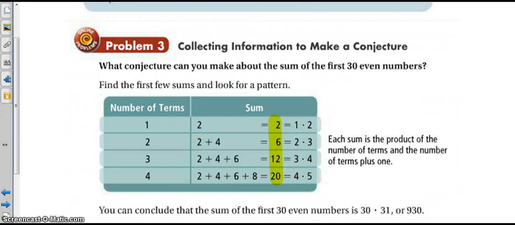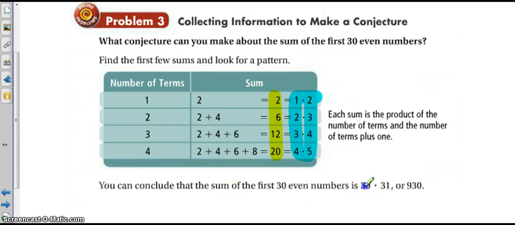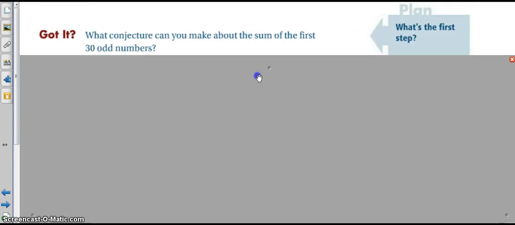So what we're noticing here is that this pattern is the term number times the number after it, or the next integer. So our conclusion is that for the 30th term, we'll do 30 times the number after it, and find that our value is 930. So on the Got It for problem 3, we're looking at what conjecture we can make about the